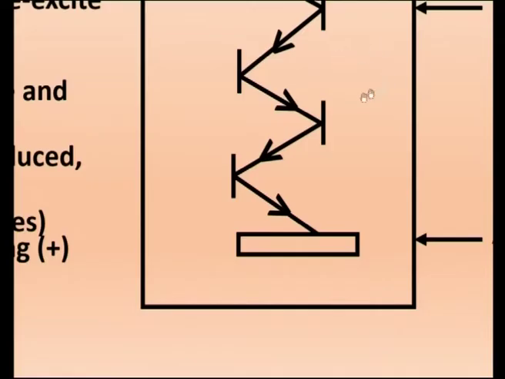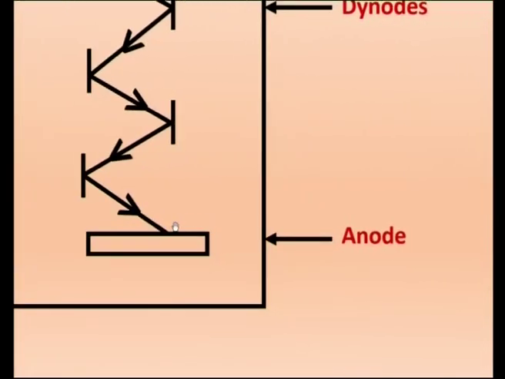And finally, after we have just shown a few, after many dynodes, it will go and strike one last dynode. That last dynode we call the anode. All of them are anodes, but they are at different potentials. We call them dynodes, and it falls on the anode. So from the cathode, it has come to the anode.